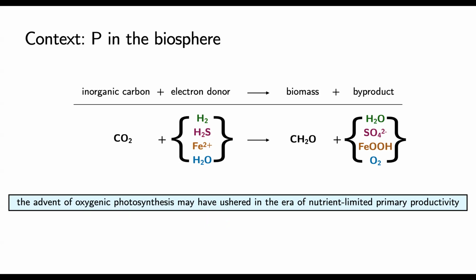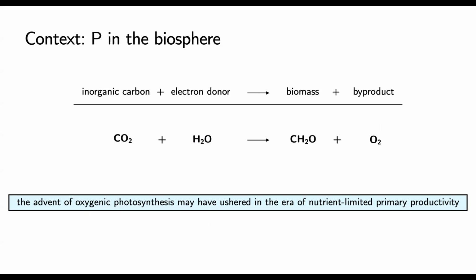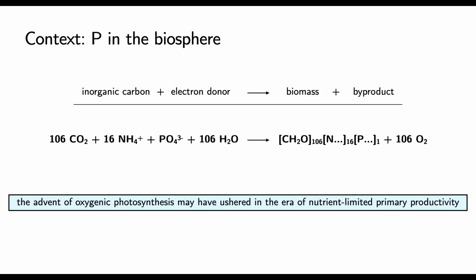If we want to look at this equation in more detail, then we can expand this beyond just the carbon side of biomass production and look at the next two most abundant constituents, nitrogen and phosphorus. And the reason that we focus on phosphorus as this limiting nutrient is that nitrogen available in the atmosphere can be fixed, not by all, but some prokaryotic organisms using the nitrogenase enzyme through nitrogen fixation. And there's no such route to access phosphorus. We're relying on a slow trickle of the chemical weathering of continental crust to bring phosphate into seawater.